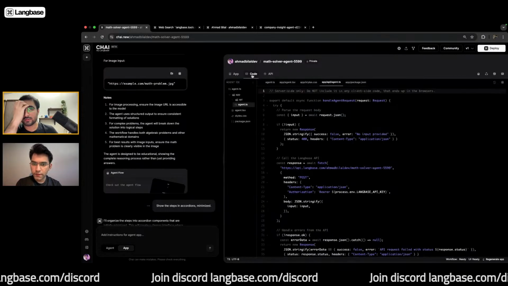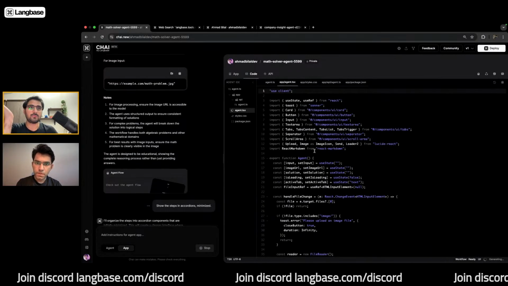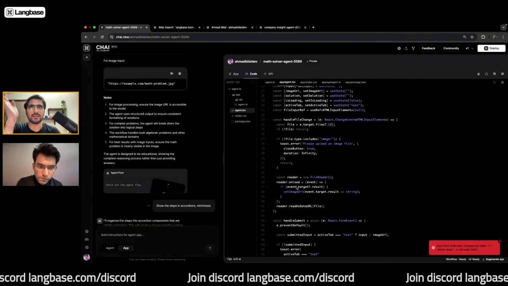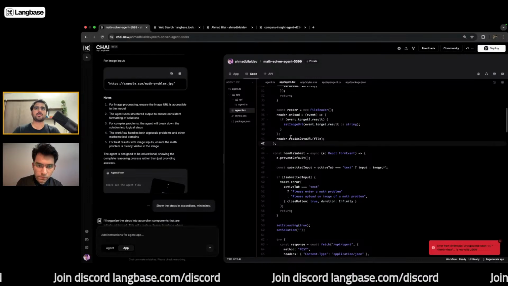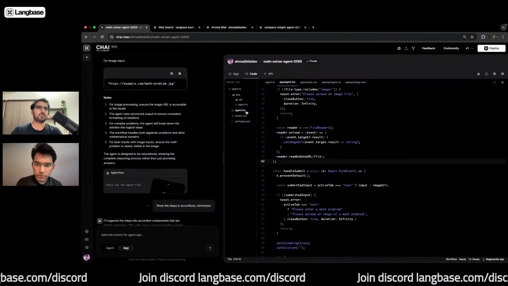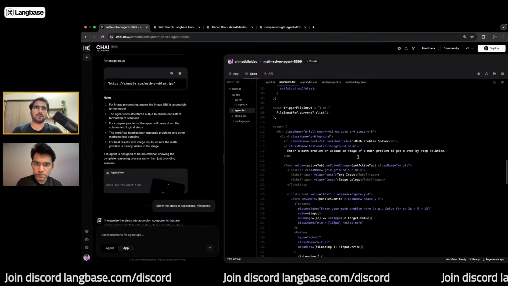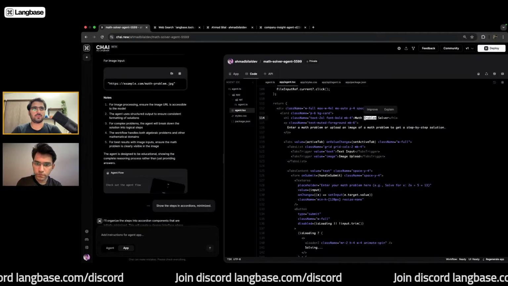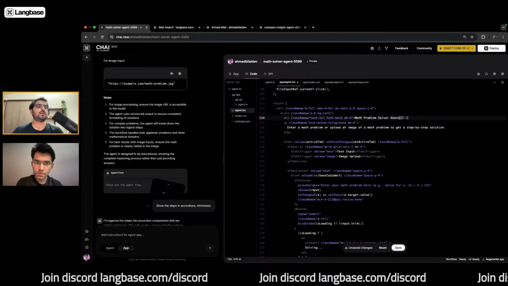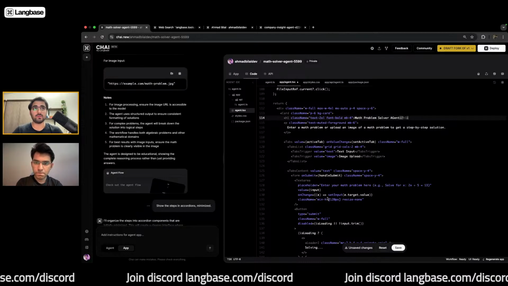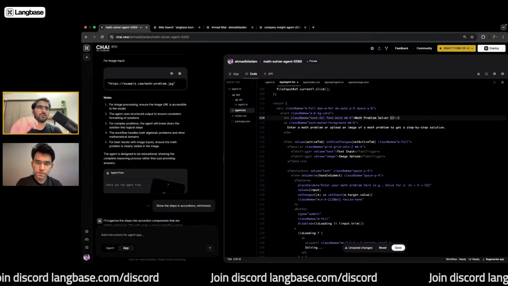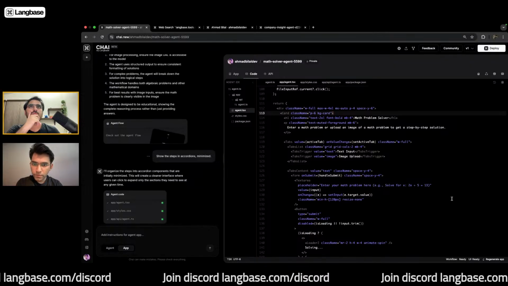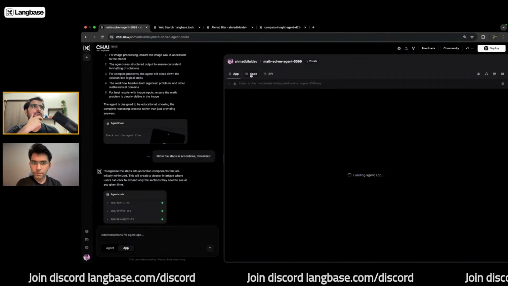And this is also a good time to show that you can always go ahead and change the code from the agent IDE. Let's say I want to change the agent application. I can go ahead and do this. It's gonna ask me to save the changes, and then I can go ahead and deploy it, and it will point to the new agent. So you always have that sort of freedom. And all right, is it ready to be deployed?